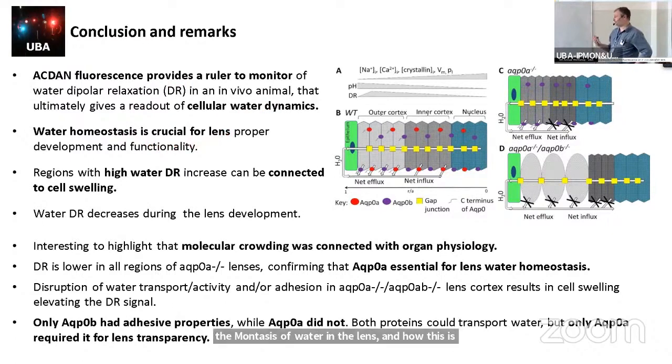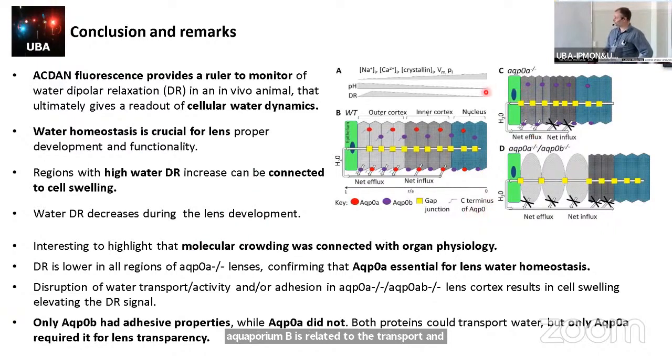For me, from the biophysics perspective, it's amazing that a biophysics property can explain a physiological problem, which is you are blind, you cannot see, no? And this is because of molecular crowding, and this is because of water dipolar relaxation at the end of the day. Then we understand what the problem was, and this is related with the swelling, because cells can get water in but not water out, because when you remove aquaporin B, it is related to the transport and not adhesion.